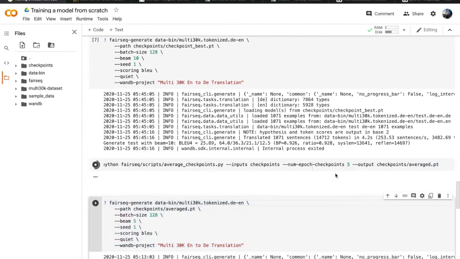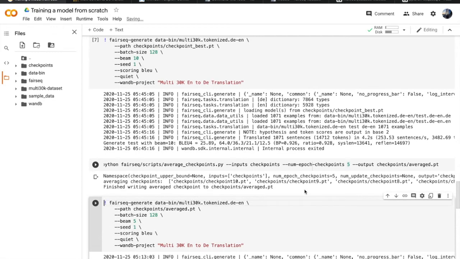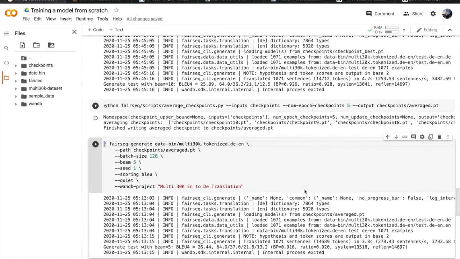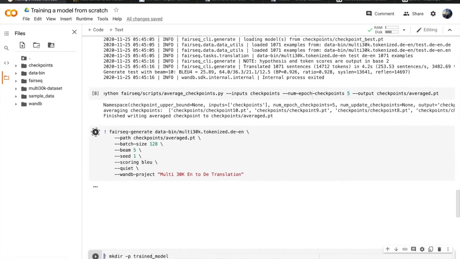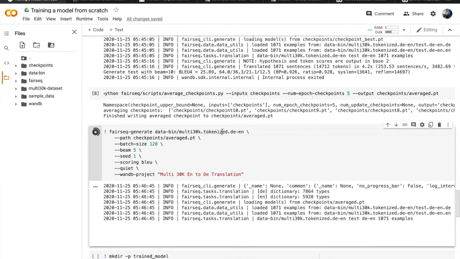Most of the time, the averaged checkpoint acts like an ensemble of the last 5 models, so it usually gives better results. We'll see how much better our test data set would perform with the averaged checkpoint.